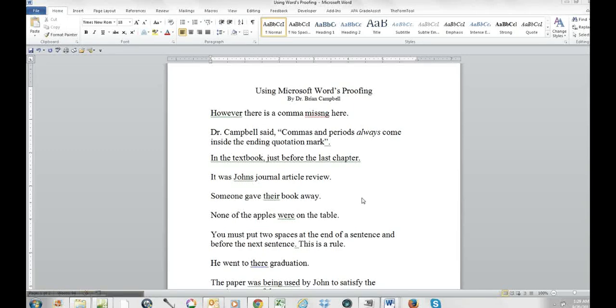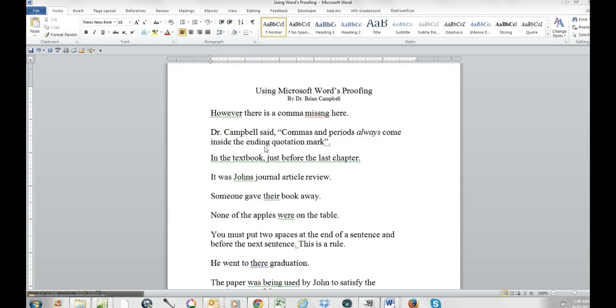I wanted to show you some of the neat things that you can do with Microsoft Word's proofing. This will really help improve your papers, and there's just a tremendous number of corrections that it makes. I'm only going to show you a few of those. Once you've turned on proofing, you might get a paper that looks like the one that I'm showing you here, although hopefully you don't have as many errors. But I'm going to go through those and show you how you can correct those very easily and how Word's